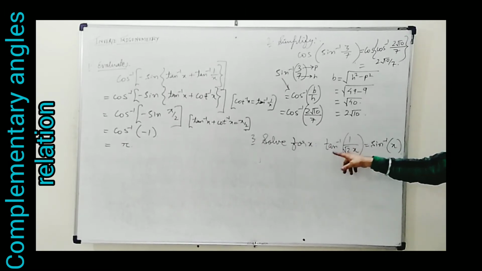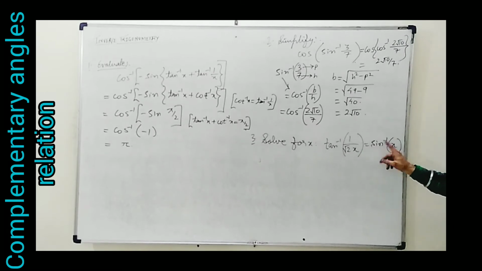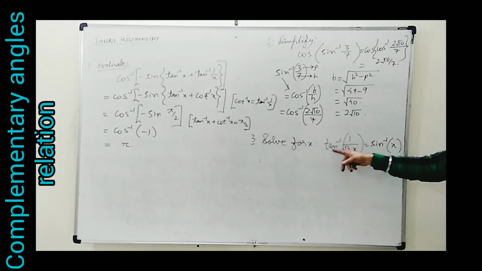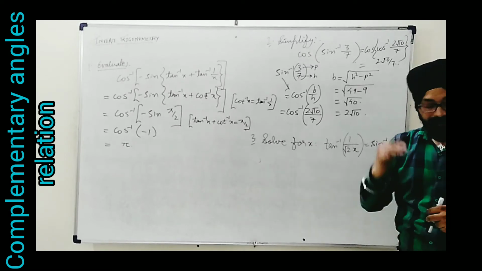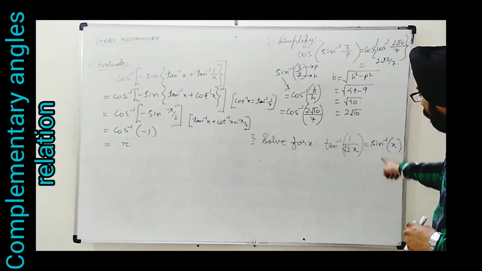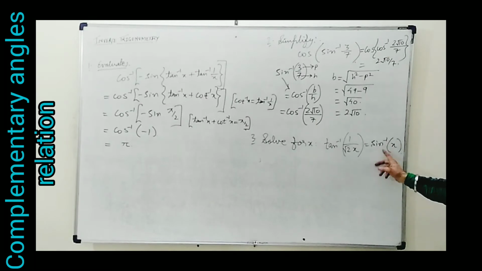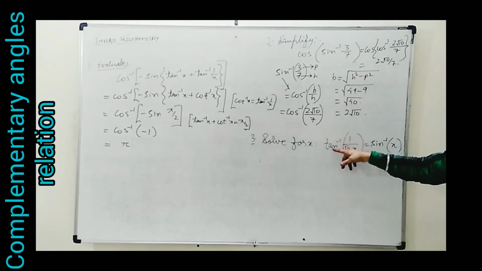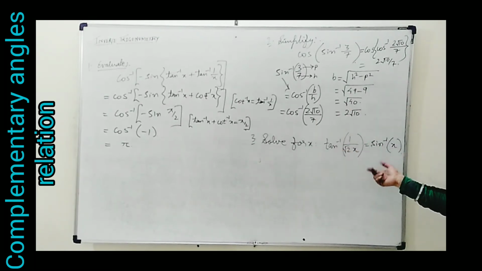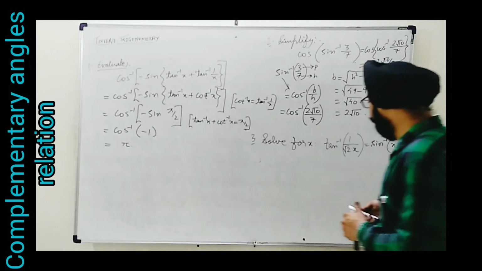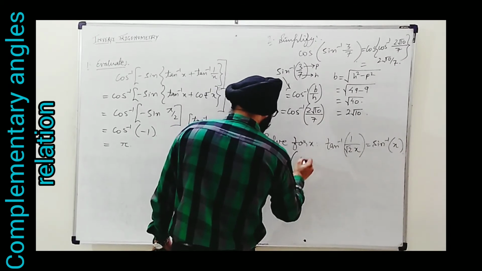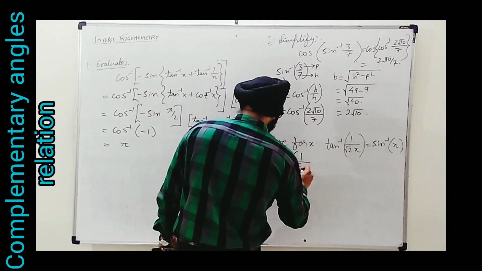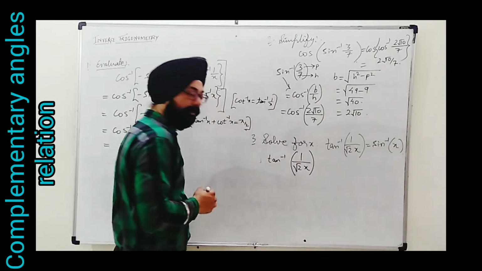Suppose these two are similar, tan inverse of a value equal to this also becomes tan inverse, then we can directly eliminate them and then we can make an equation in terms of x. This is the planning. How can we do it? Sin inverse can be converted into tan inverse using Pythagoras theorem, or tan inverse also can be converted into sin inverse using Pythagoras theorem. Okay, so we will take the sin on the right hand side. This tan inverse